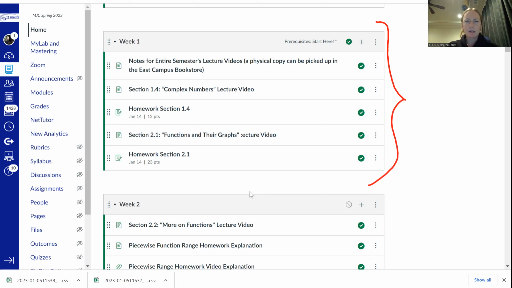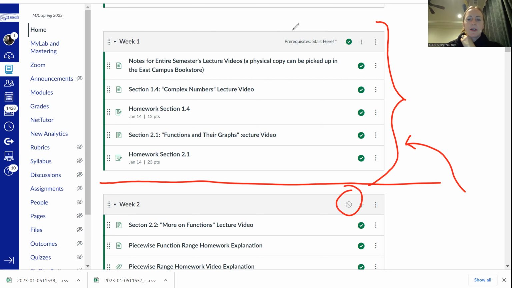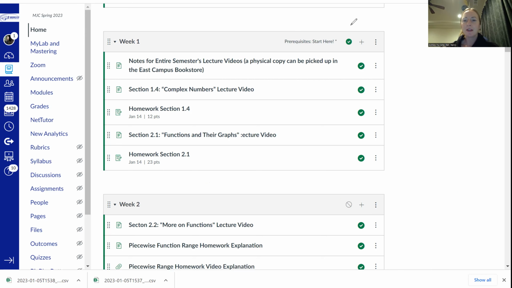And then I think it might take a little while to see this course in your module in Canvas. So if you don't see it right away, maybe wait a day, something like that. And if you still don't see it, let me know. But then this should show up and you'll see everything. But I think at first you won't see anything past week 1 because I haven't published week 2 yet. I don't want to overwhelm everyone, but I'm going to try as soon as I can to publish week 2 in case there are people who want to get ahead now while the semester is just starting and there's not a lot of work from other classes. Maybe you might want to get ahead.